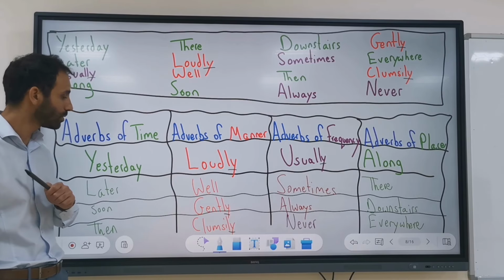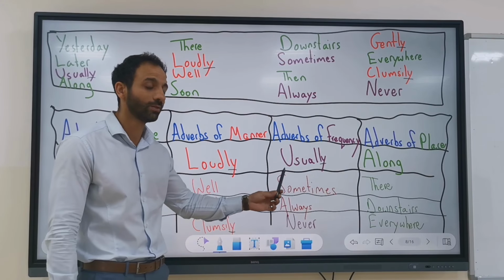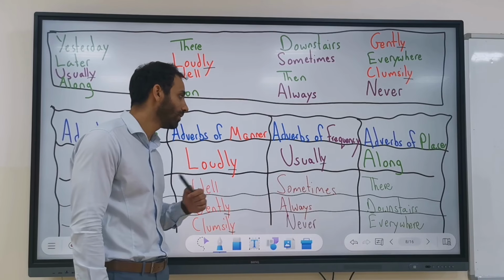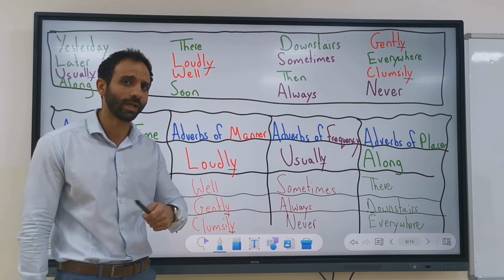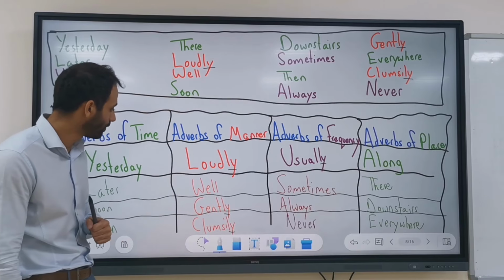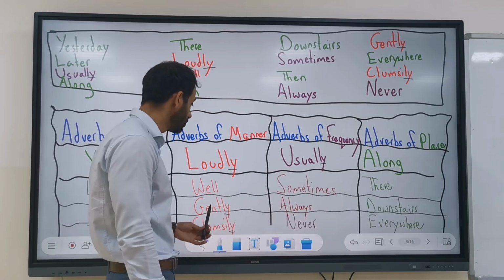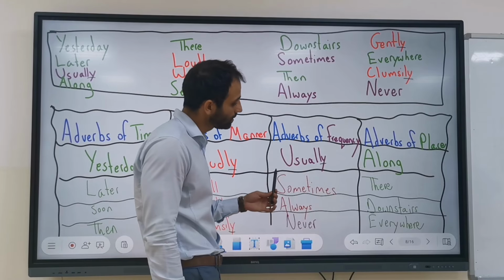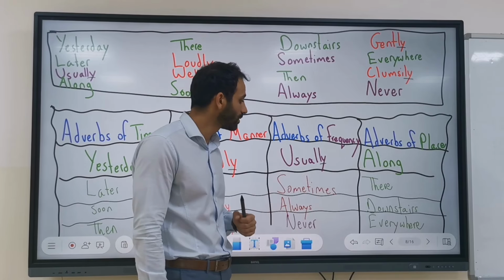So we have when so far, and we have where, which leaves us with the two confusing ones. How? How are you doing it? Loudly. How are you talking? Loudly. How are you? I'm well. Yes? Or how did you move that phone? I moved it gently. These guys over here are the ones that usually confuse students, and they answer the question,